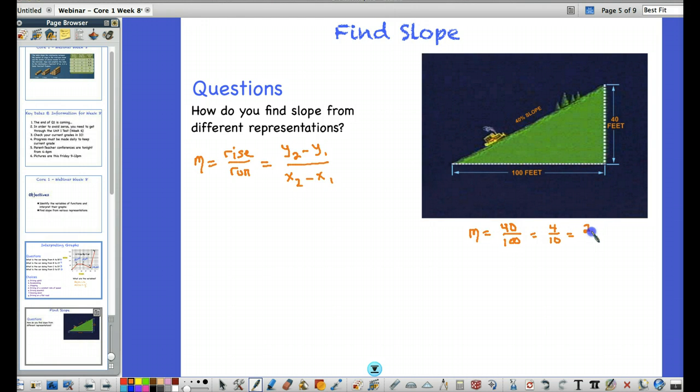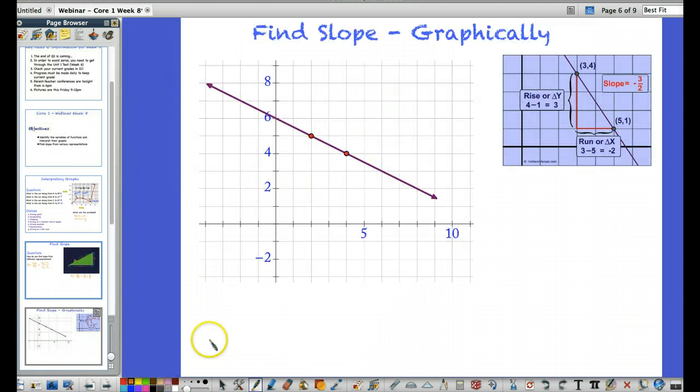So then we can reduce it again and get 2/5. 2 goes into 4 2 times and into 10 5. So for every 2 feet we go up, we go 5 feet over. Make sense? Yeah. Okay. All right, you guys, what we're going to do then is we're going to actually look